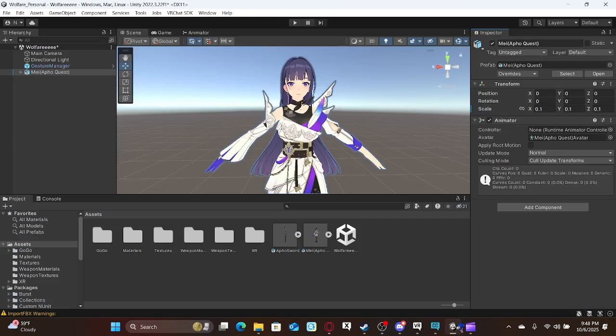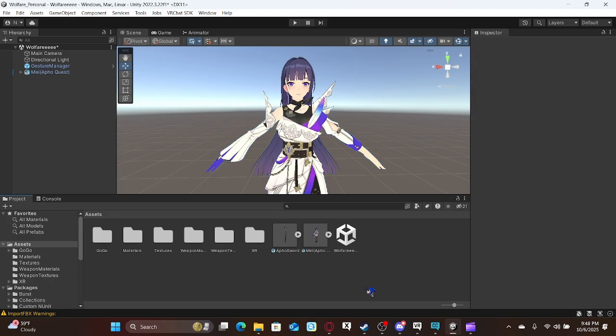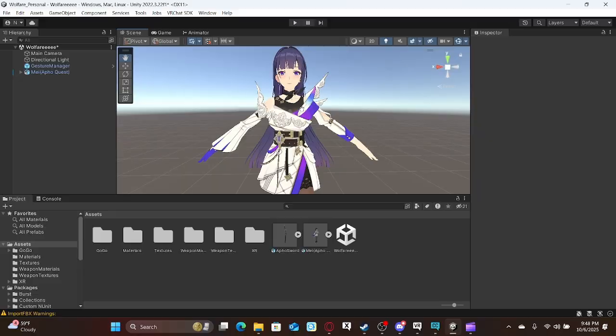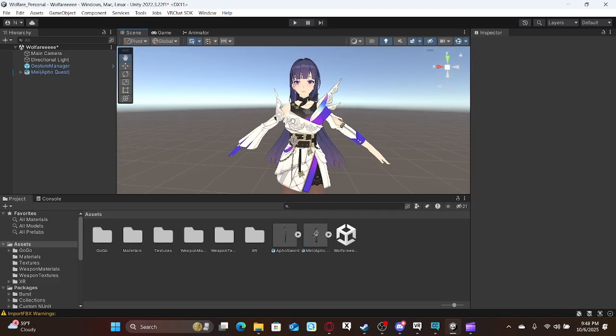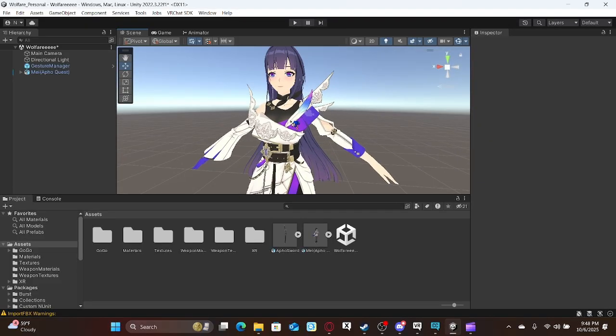Hello everybody, Welfare here, and today I will be teaching you how to make toggles for your model, or for your avatar basically. Now then, first things first, we want to make sure that you have your model in there,